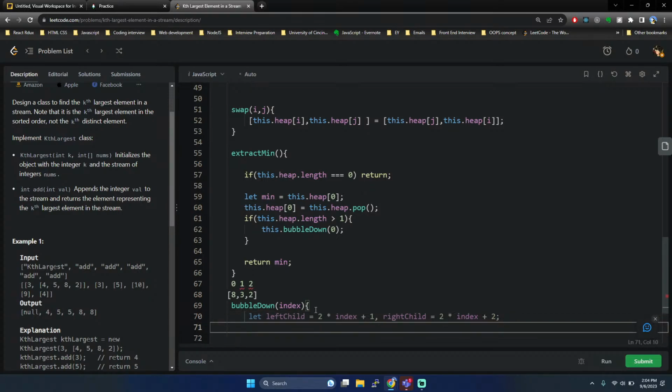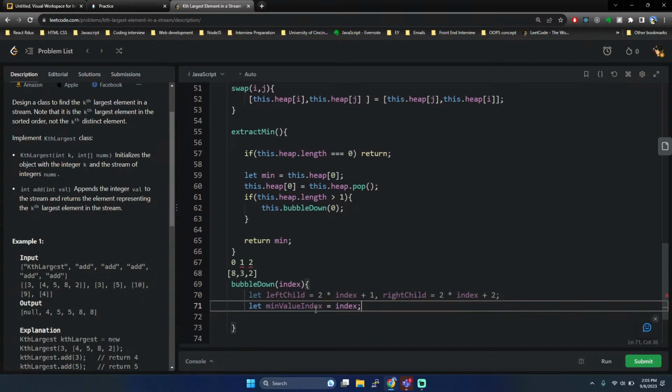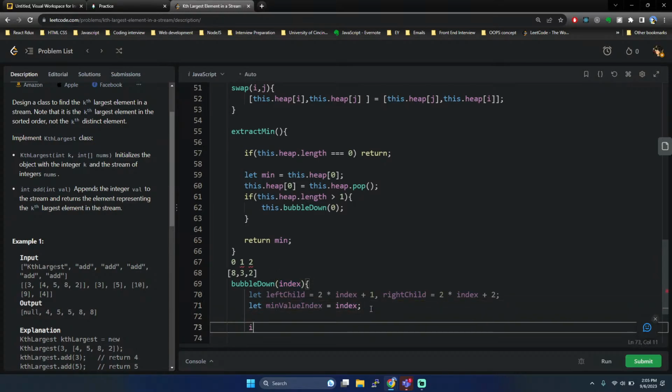And what we assume is that the parent index is the minimum value index, we consider it to be the index that we have passed, and we check if